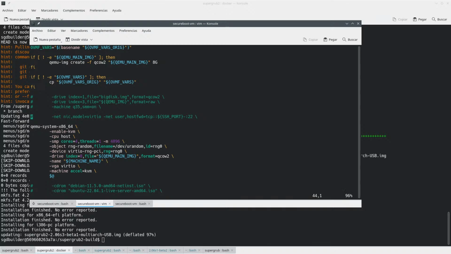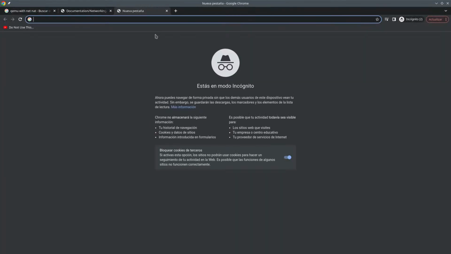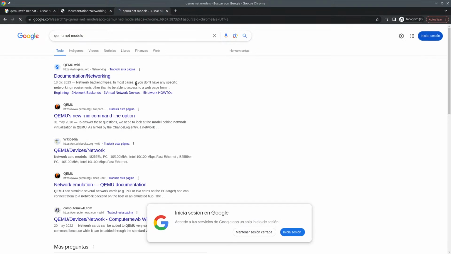And then we have this 22 thing, which I don't know. It's a good thing to have. I'm not sure if we were here. So model Intel. What's the Intel thing? And this thing, net user. Maybe we don't want any of this. QEMU net models, nic models.